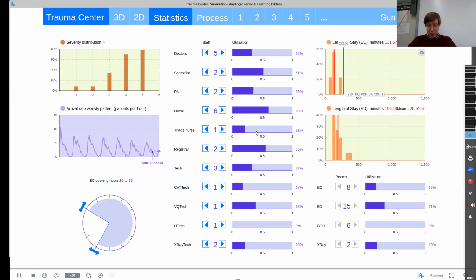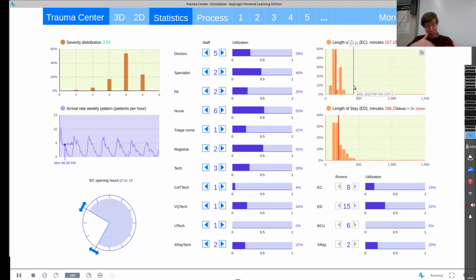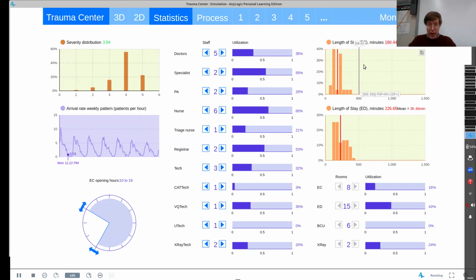Others of these things are emergent. The utilization is emergent. That comes from the competing availability of different resources for serving patients, the fact that certain resources may be more bottlenecks than others, that patients may be awaiting a bed much more so than they're awaiting a specialist physician, et cetera. The fact that they need one resource before the other may mean the first is more of a bottleneck than the second. But also what emerges is length of stay, for example,